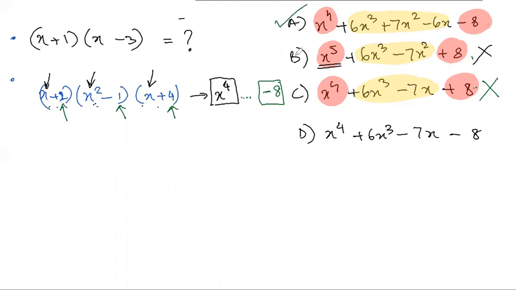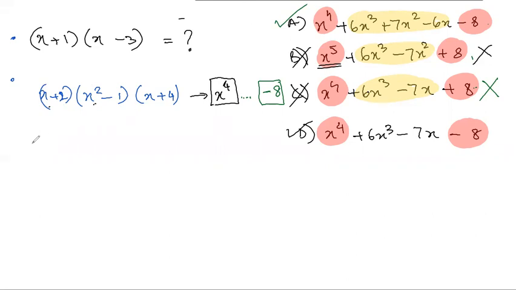Unfortunately, x to the power 4 and -8 also match with the first option. So it could be A or D. Now which one is it? We have eliminated B and C, but we are not sure between A and D. How do we decide which one? So what we do is